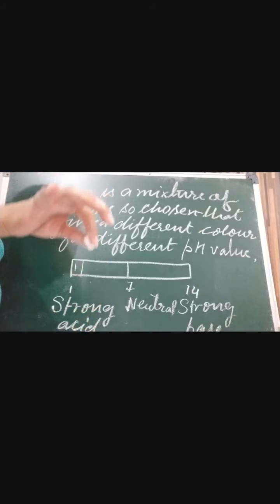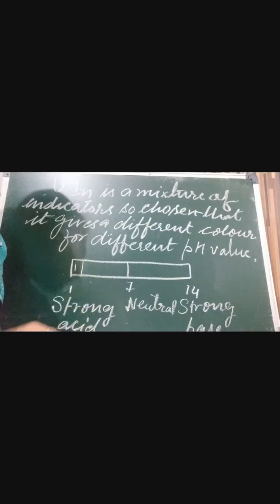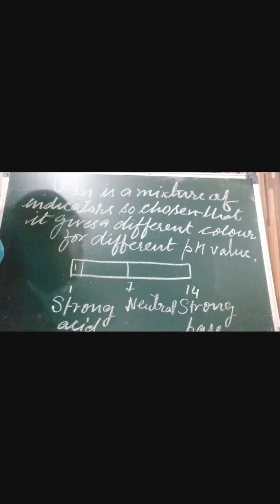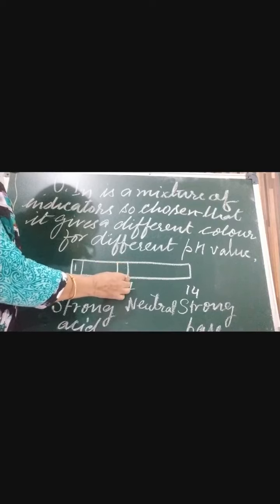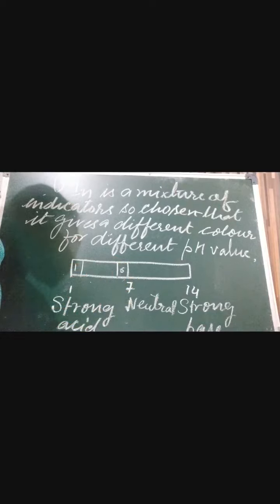Suppose we have dipped this in orange juice or lemon, the whole strip is going to be yellow in color. What does that yellow color say? You can find this yellow color here, and that yellow color will tell us that this is a weak acid. Children, the whole strip turned yellow. Is this clear? When we dip it in lemon, and lemon is what? An organic acid, a weak acid. Like acetic acid, if we dip it, this yellow color will come.